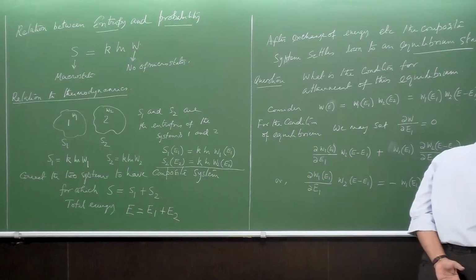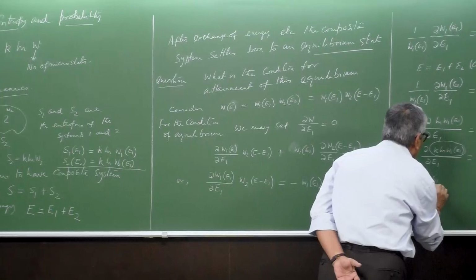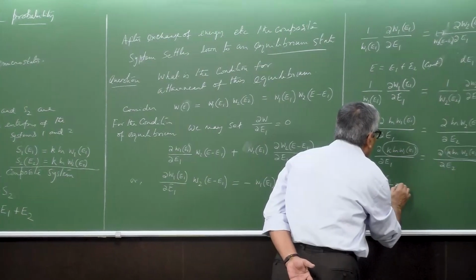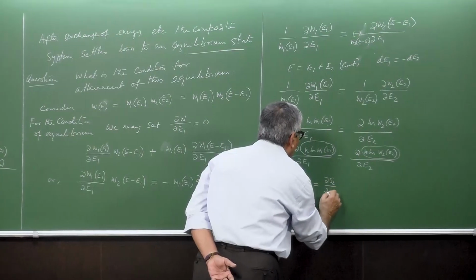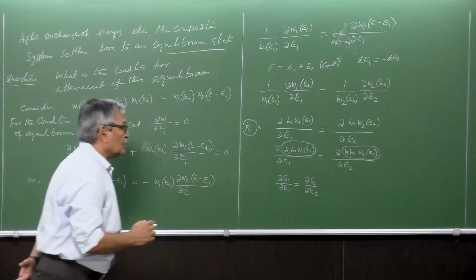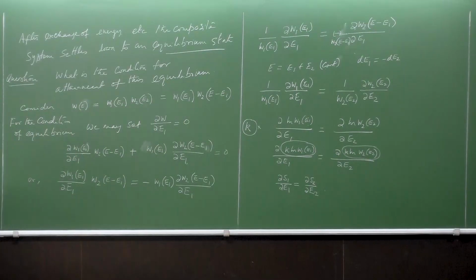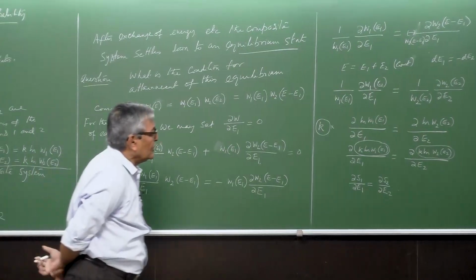So it means I have del S1 del E1 equal to del S2 del E2. So this is the condition which can be obtained for the equilibrium,